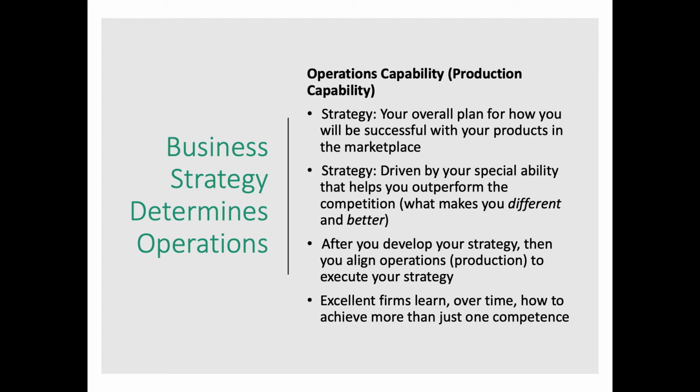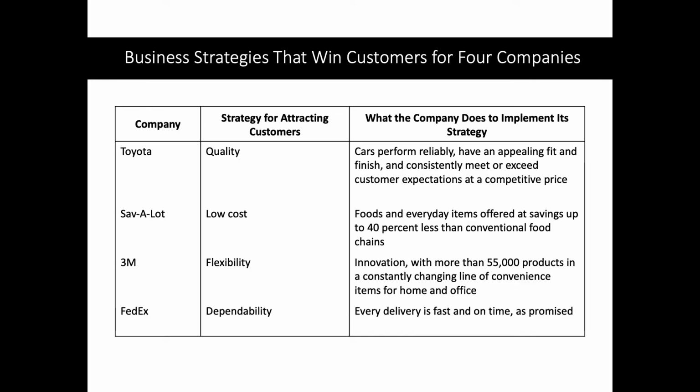So let's see if we can give you some examples of these. And there will be these examples repeated in the supplemental video from the textbook publisher, but we should mention them here as well. Let's consider 4 different firms. You may be familiar with all of them, or perhaps only 3 of them. So first of all is the Toyota Motor Company that brings, of course, to market Toyota and Lexus automobiles. Their strategy for attracting customers is to be renowned for overall quality. Cars that perform reliably, have an appealing fit and finish, and consistently meet or exceed customer expectations at a competitive